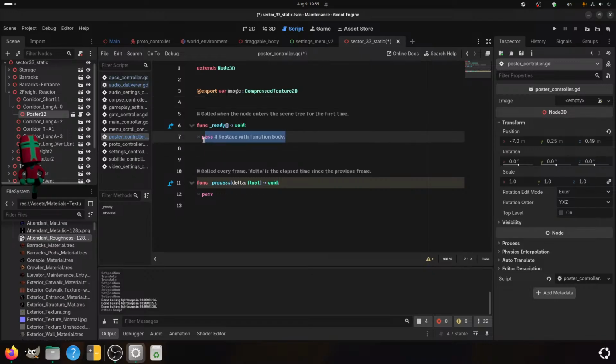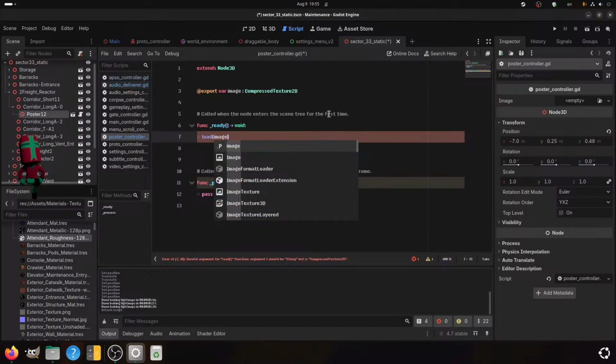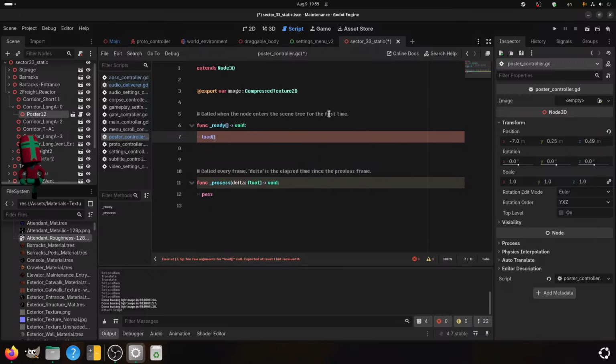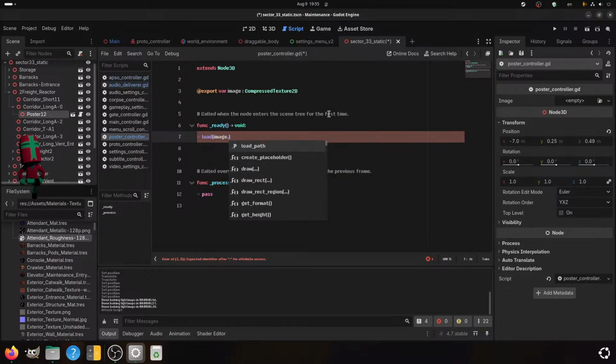So on ready, we load image. Would it already be loaded? If I get it like that, would it?